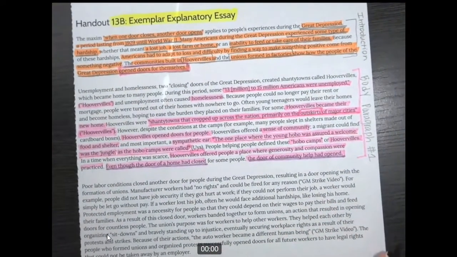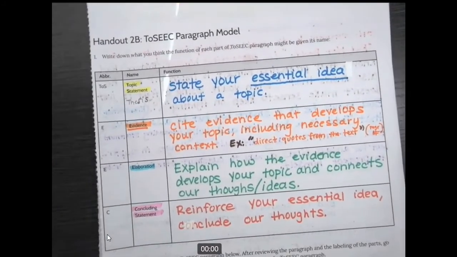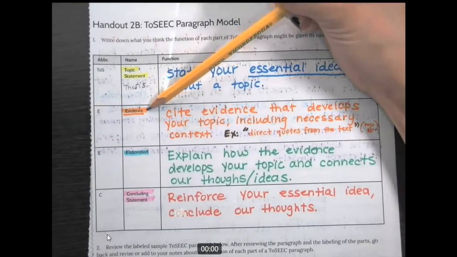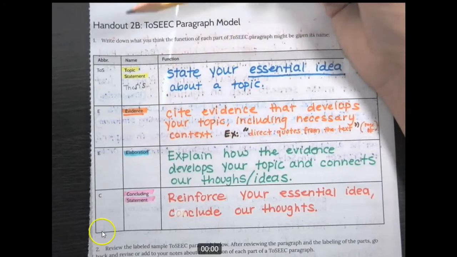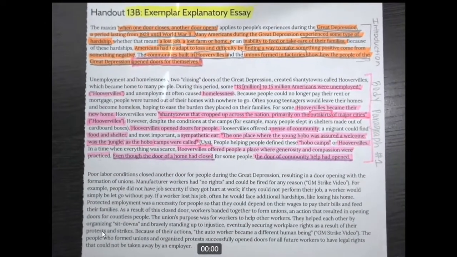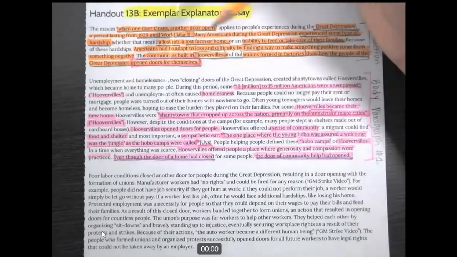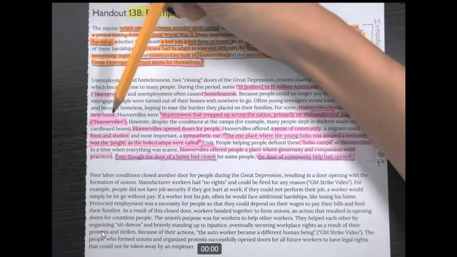And like I said, boys and girls, going back to our evidence, in the 2-seek model, we notice that we include evidence into our writing, and then we always have to follow it with explanation, or our own elaboration, the explanation in our own words. So evidence, we notice here in this particular paragraph that we had 3 pieces of evidence. We had one from the Hoovervilles.